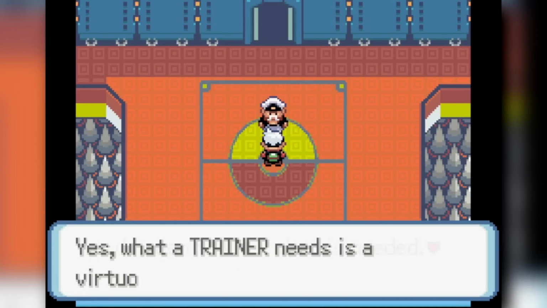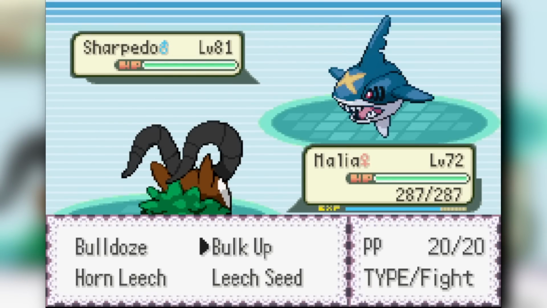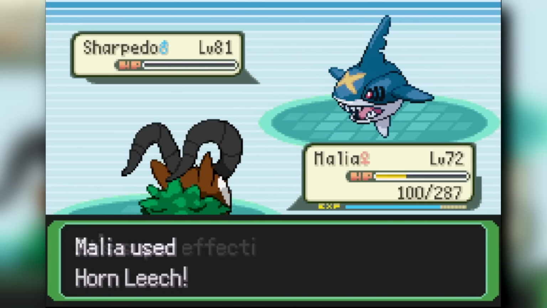What a weird battle, I'm not gonna lie. From there, we're gonna face off against the champion in the game, and now the champion in the game is still pretty powerful, as while it's still gonna be a water type trainer, but he's still pretty powerful. He's gonna start the battle off against us using a Sharpedo, which is gonna Zen Headbutt into me, and normally